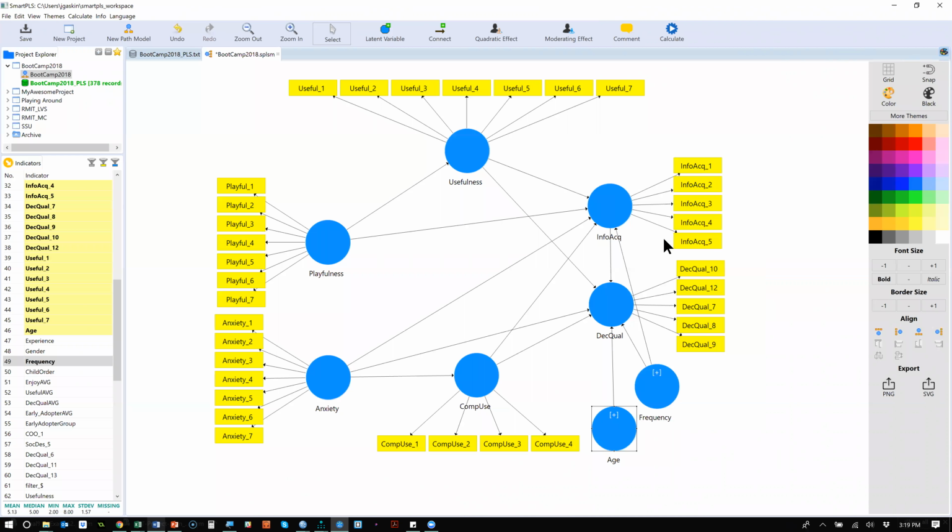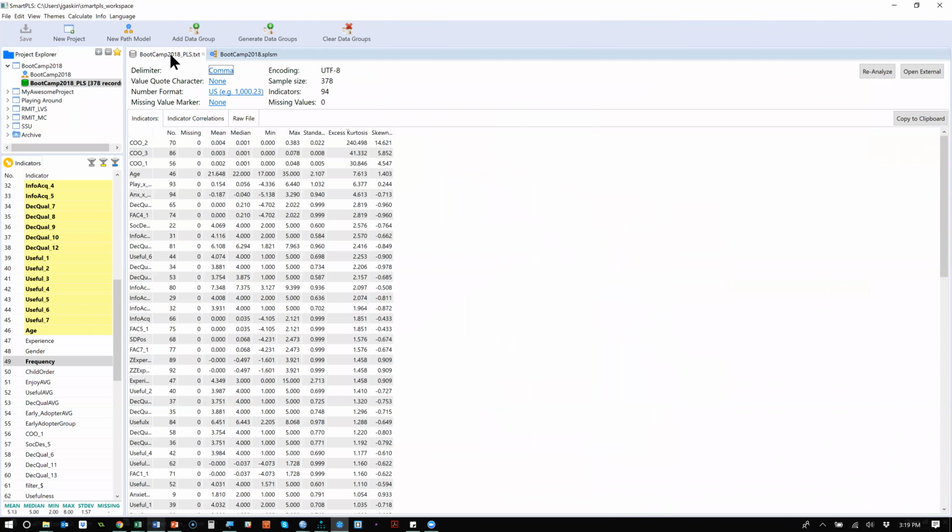Multi-group. What you do is you go to your data. If it's not still up here in the top, you can just double click it and it'll pop up right here. You double click the data set here and it'll pop up as a tab. You can either generate data groups automatically or you can add data groups manually. Our data can easily be generated automatically because they're just two values for gender, 0 and 1. So I go click on generate data groups